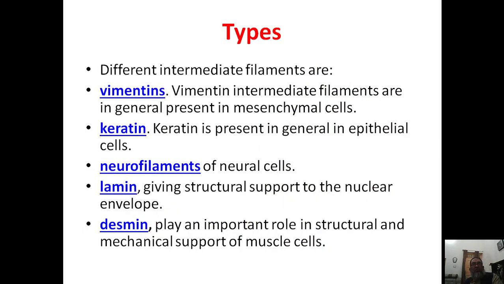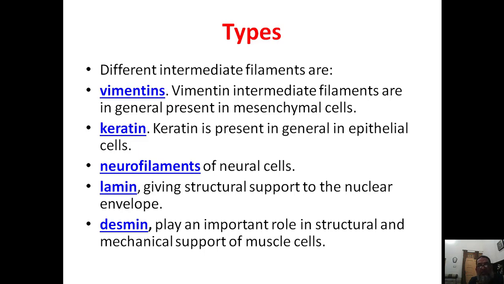What are the types of intermediate filament? Different intermediate filaments are vimentin, in general present in the mesenchymal cell. These are the primitive vimentin protein, intermediate filament, usually found in the precursor cell or the stem cell mesenchymal cells